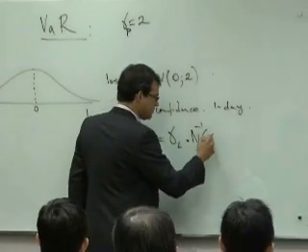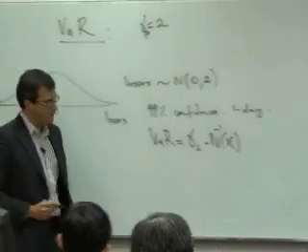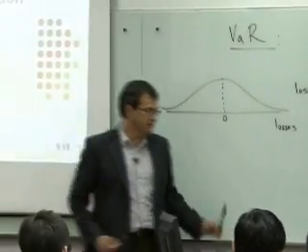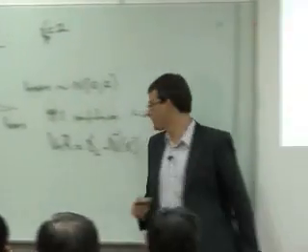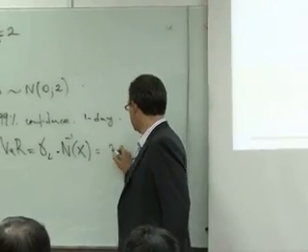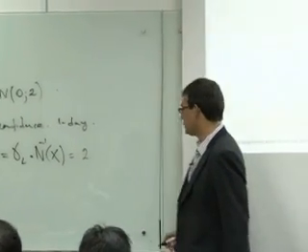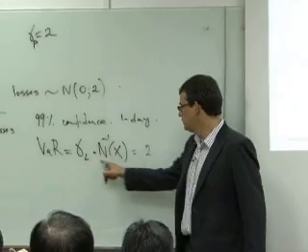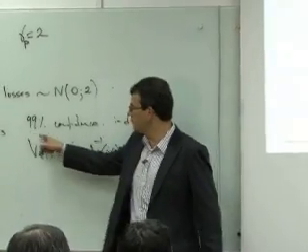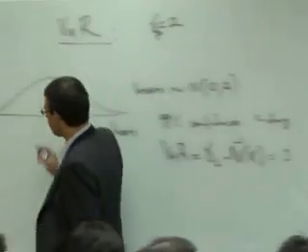Okay? So under this assumption, we showed it last time, as you remember, that this is going to be 2 times this value. In the case of 99% of confidence, that means we are going to have here